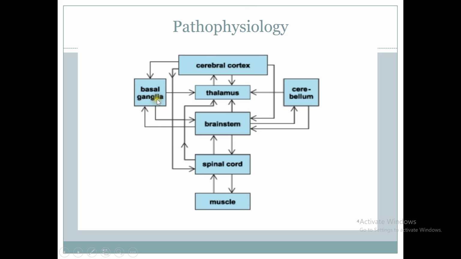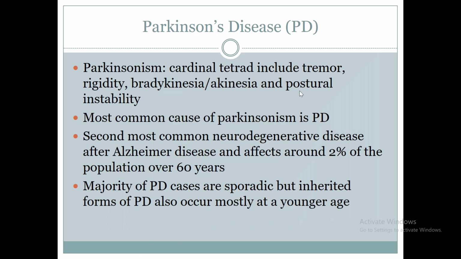So the connection of basal ganglia with cortex: cortex sends projections to striatum, striatum through its output source pallidum sends projections to thalamus, and thalamus back to cortex, and through this cortex then spinal neurons. You can see in this picture the pathophysiological concept of movement disorders, that the direct control is through cerebral cortex, through descending, ascending projections to spinal cord and muscles. But basal ganglia and cerebellum on the sides act as the modulators, or you can say the coordinators of